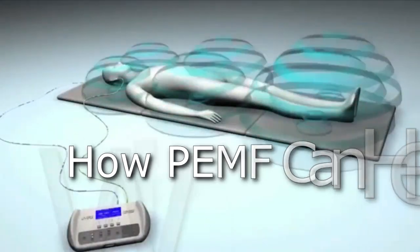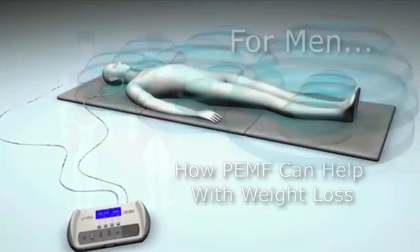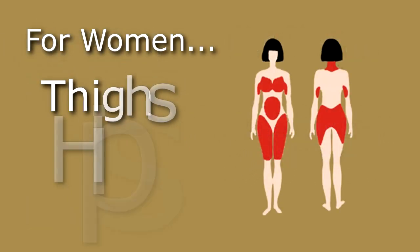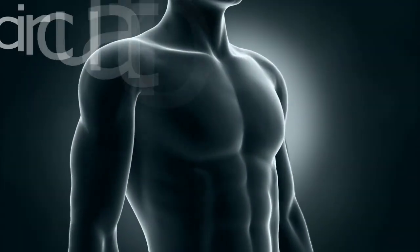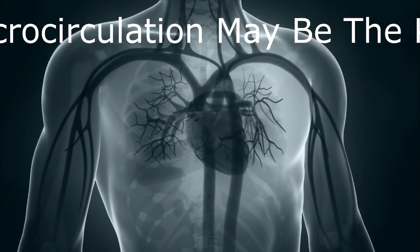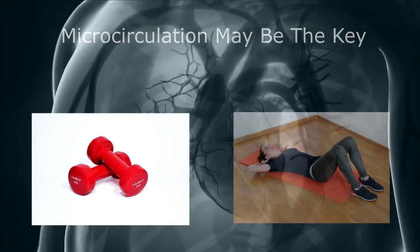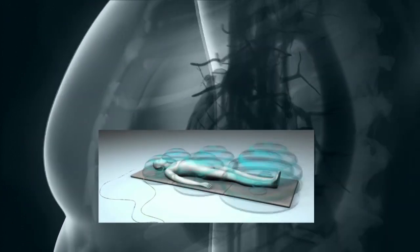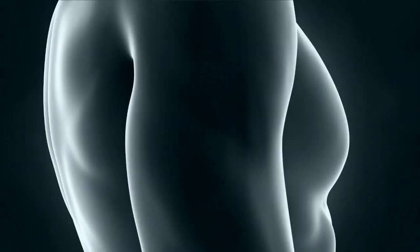Because this video is about how PEMF can help with weight loss, especially burning fat in those stubborn areas, which for men are the love handles and the stomach or abdomen, and for women it's typically the thighs and the hips and also the stomach as well. And there's new research showing how microcirculation and improved circulation might be one of the keys to both why traditional spot reduction techniques and exercise don't work, and how PEMF therapy, in conjunction with proper diet and exercise, can actually help you to improve the circulation, which, as we'll see, might be one of the main keys to burning fat